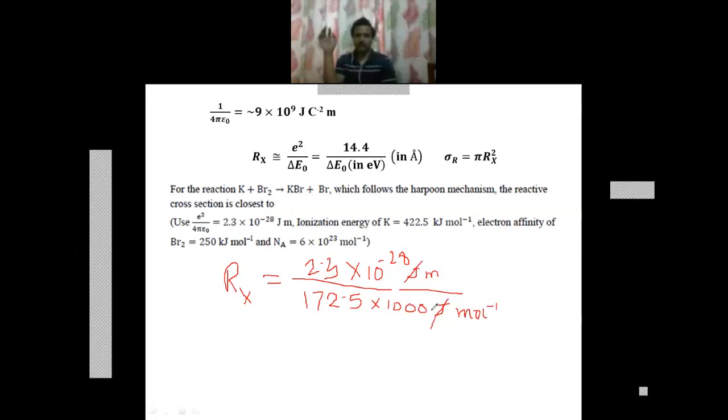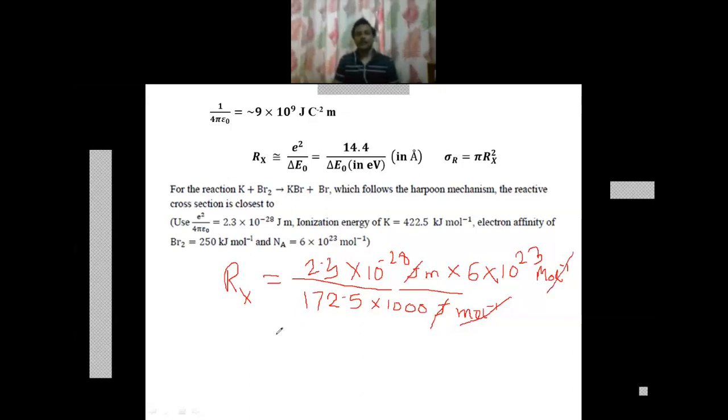So if you want to convert to per molecule, you have to divide it by the Avogadro number here. When you divide this, it actually goes up. So you are going to multiply with 6 into 10 to the power 23, right, and that is mole inverse. Now this mole inverse and this mole inverse get cancelled out, so you have the unit of meter,